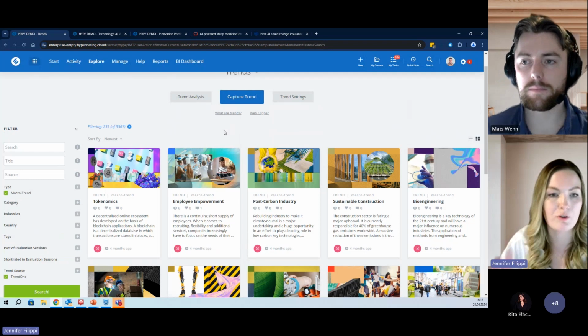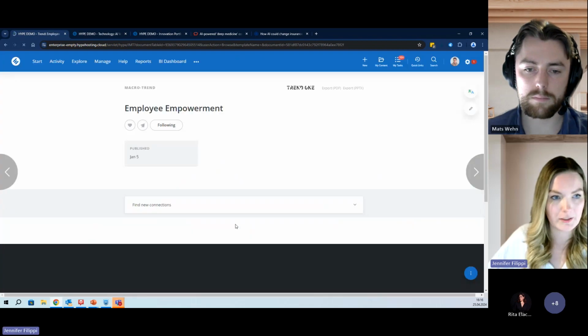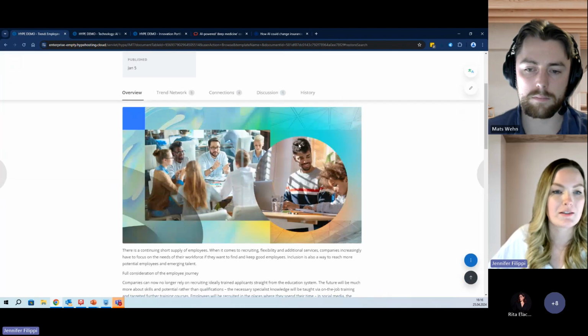So this is like a long-term vision of important topics. Then they have the macro trend level, which is more like the normal trend layer. And then we have micro trends, which are more like examples of a certain macro trend in real industry examples, for example, startups that are working on a certain trend. If we open one of these trends, we usually end up in the overview page,